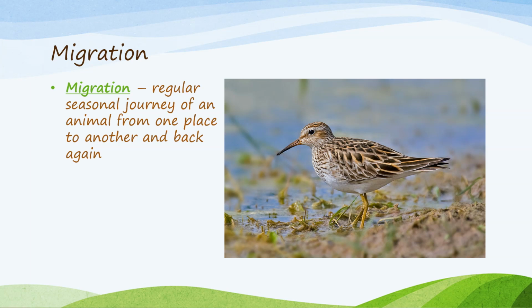When they migrate, they are going to an area that provides a better source of food or a better environment for reproduction. Animals that migrate change their locations throughout the year based on their need for a different environment as the seasons change. However, can plants just pick themselves up and move when the seasons change? No, they are rooted in one spot, so they do something a little different.